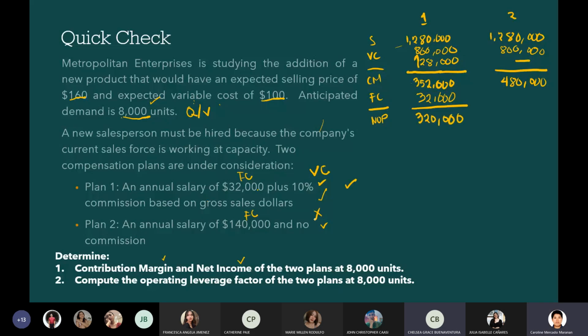So sa kabila tayo, plan 2. An annual salary of 140,000. So saan ito lalagay natin? Sa fixed cost. Okay, that's correct. Meron pa ba tayong dapat i-consider na iba? Wala na po. Okay, so wala na. So magkano ang net operating income for plan 2? 340,000. Okay, 340,000. So by just looking at this